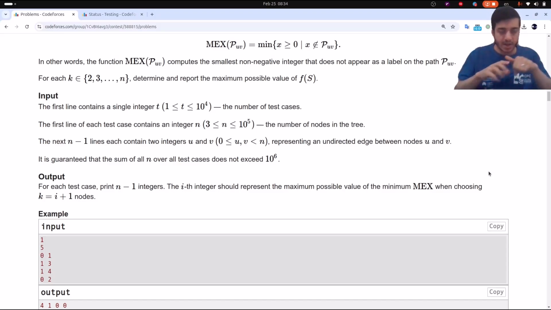I have a CER, which is the certificate. Certificate means how I achieve this answer. So the current answer is 1, right? I took 0 to 0, so both vertices are 0, and the answer is 1 because the max of this path is 0, and it works. So I'm going to add vertices one by one. I have an array mark, and what does it mean? So mark means